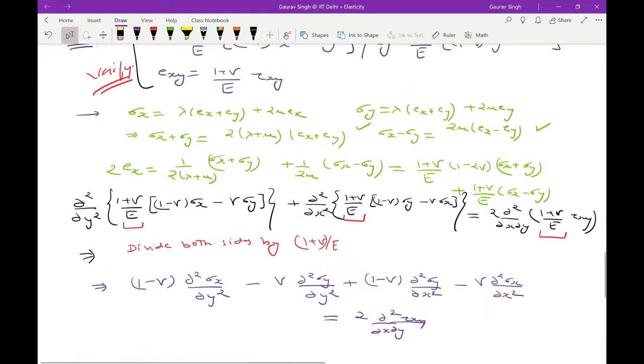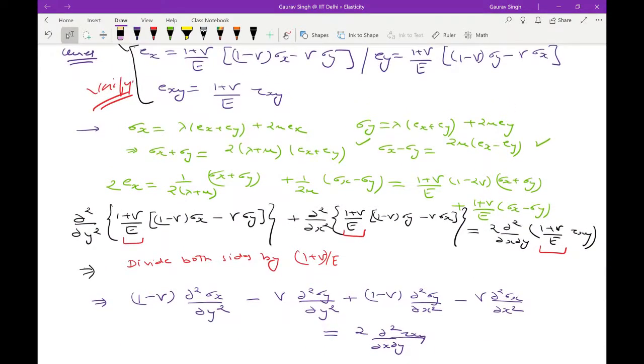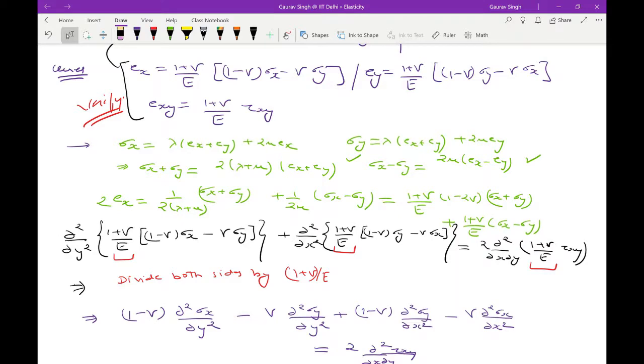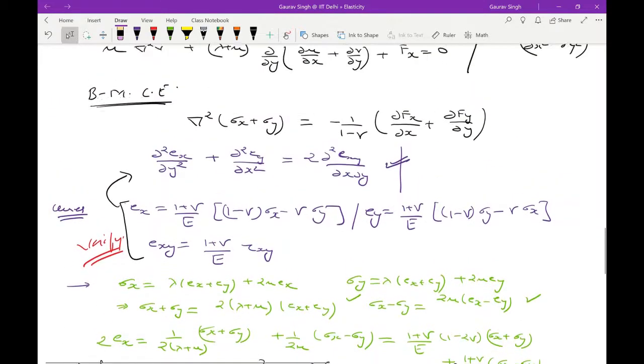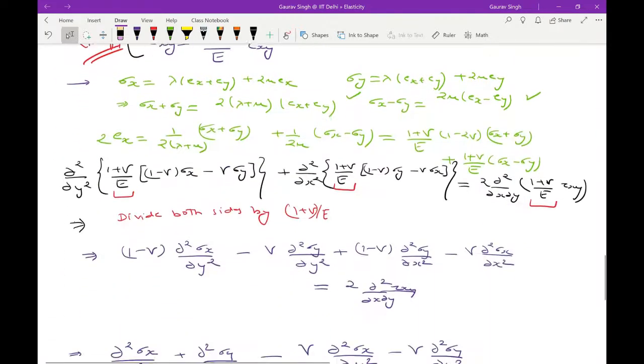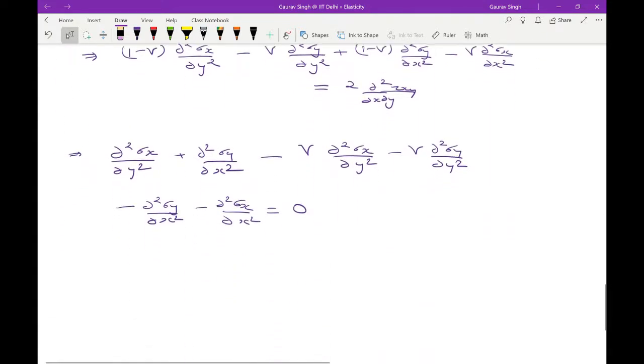So where is the body force? Somehow. Okay, so this should give you 1 minus nu